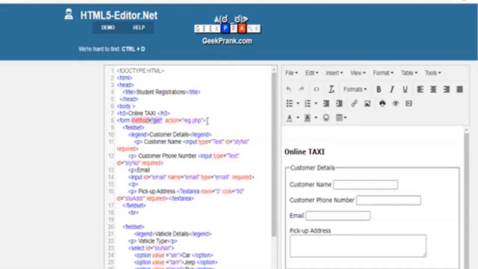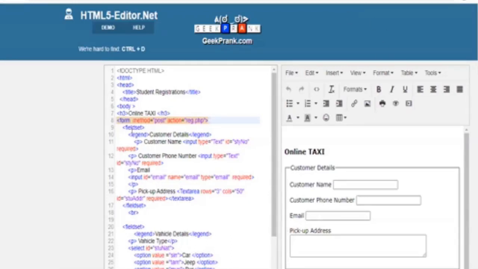So there can be some MCQ questions given something like this, right? Is this correct? Because there's no method, so it's correct, right? Even though there's no method, that means the default method get, it already takes, right? We can either specifically mention it as method is get, or we can just keep it like this. Both ways it works, it's correct, right? Now let's say I want this to be on post, so we can have it like this, post, right? Then this fieldset means, if you want to divide your page into different